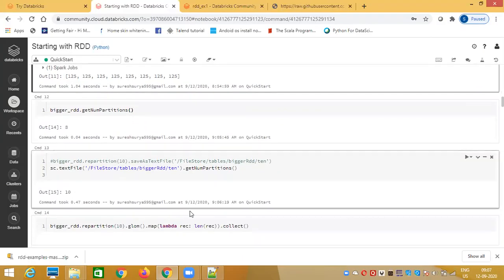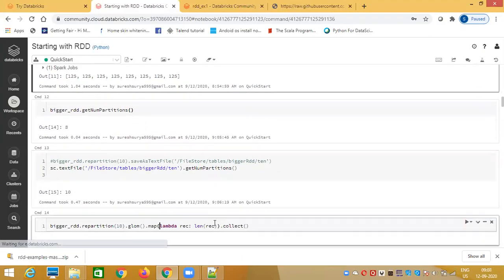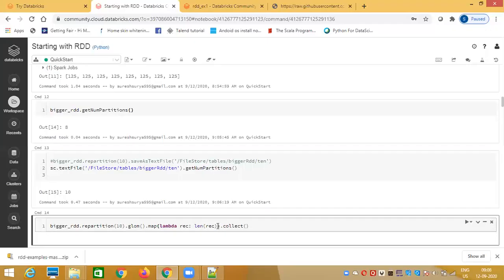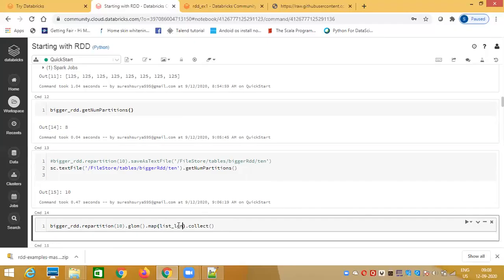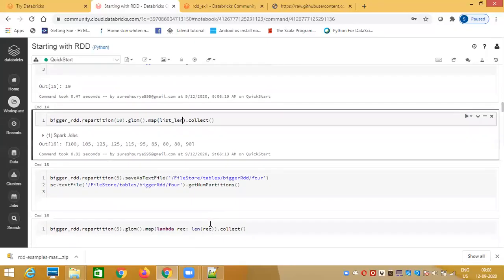We'll come to this lambda in a few minutes. For now, I'm using the same function that I defined earlier. I'm calling the map function and passing list length, so it will calculate the length of each of these partitions, and then I'm calling the collect function. Okay, so what you can see,